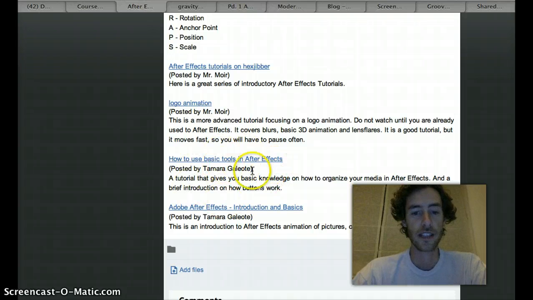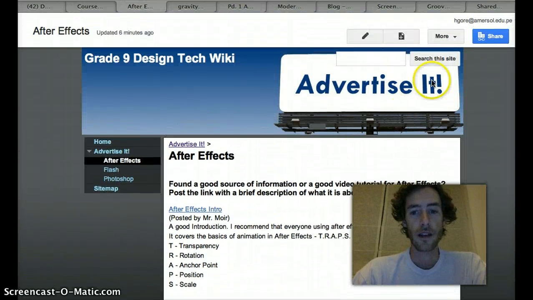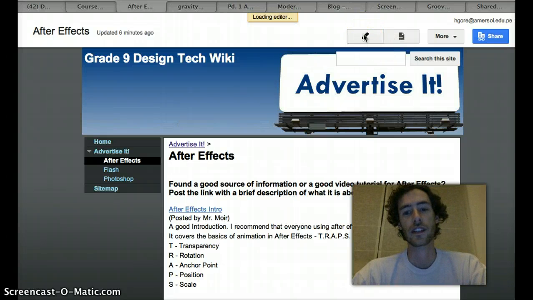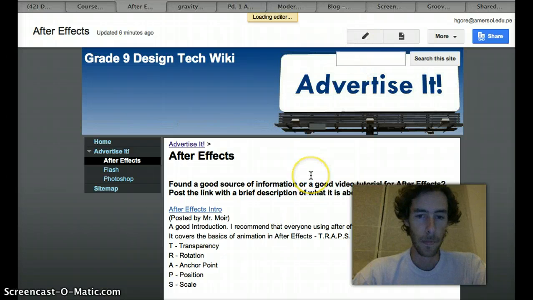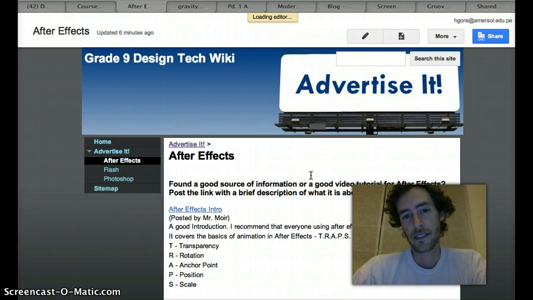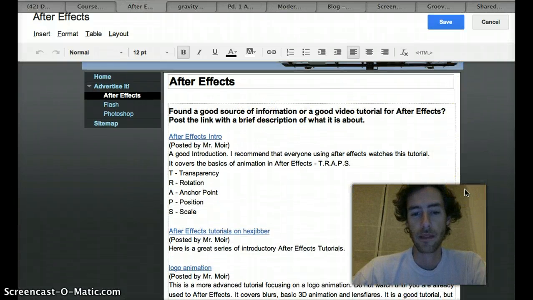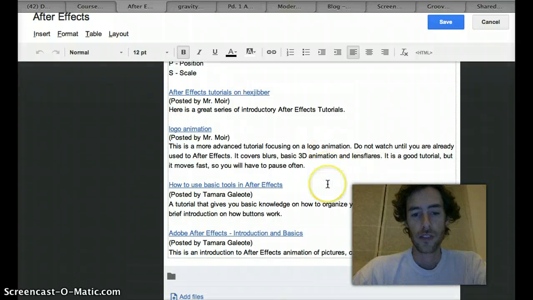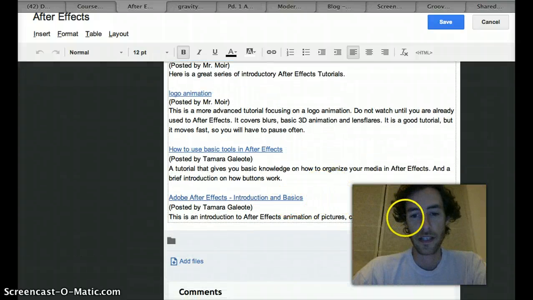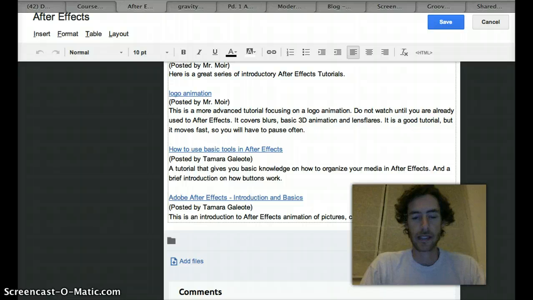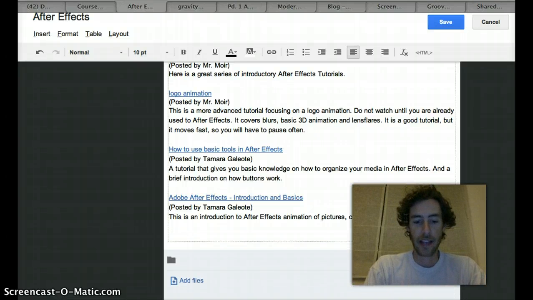And the way that she did this was the following. Again, she logged in with her Amersol. She clicked on the link in Moodle, and it brought her to the wiki. Then up here on the top right-hand side, she clicked on Edit Page. And since this is a wiki, anyone in the community in our 9th grade class can add to it. So what she did is when she clicked on Edit, she can now go into the text and add the title of her tutorial,